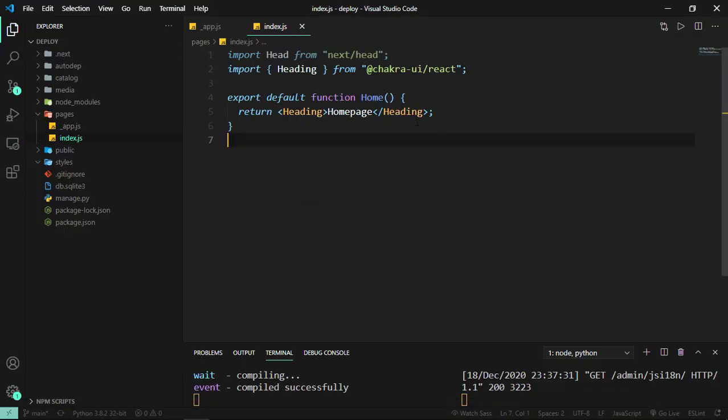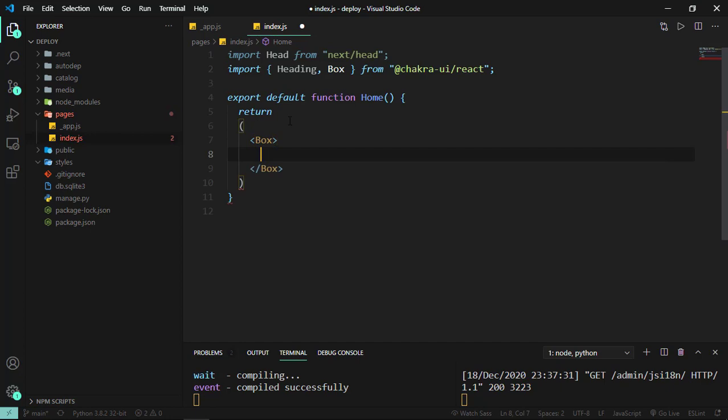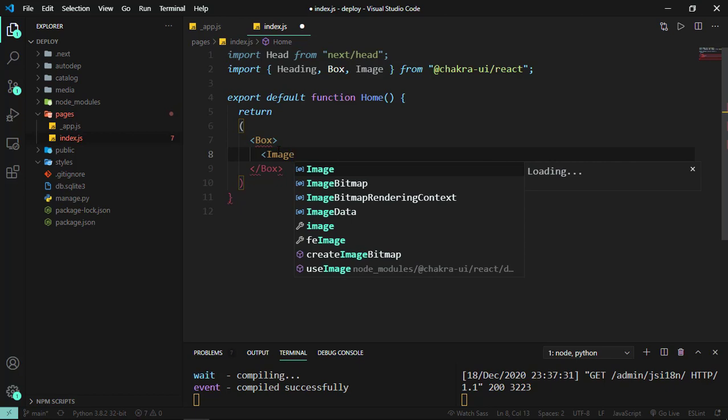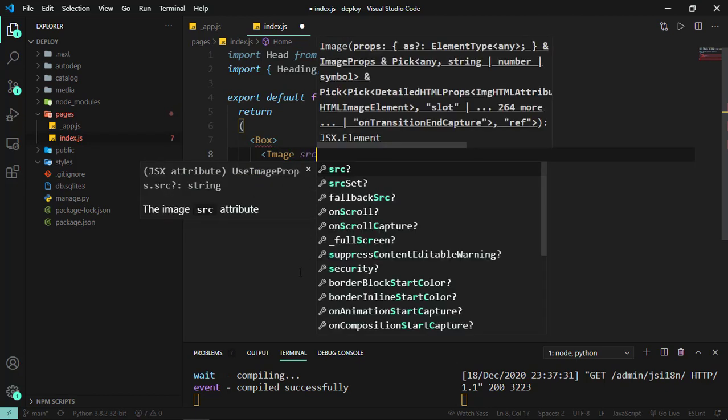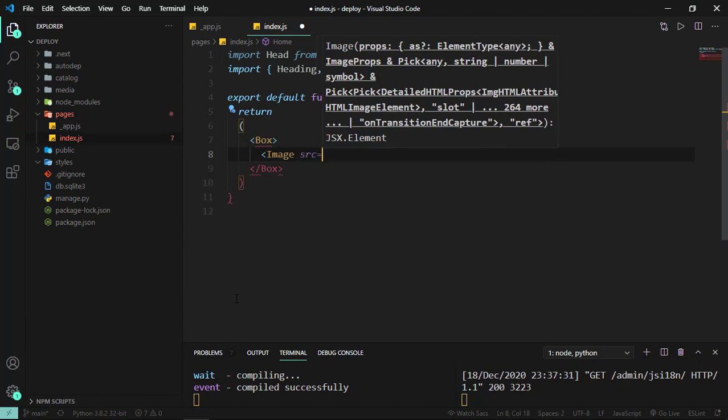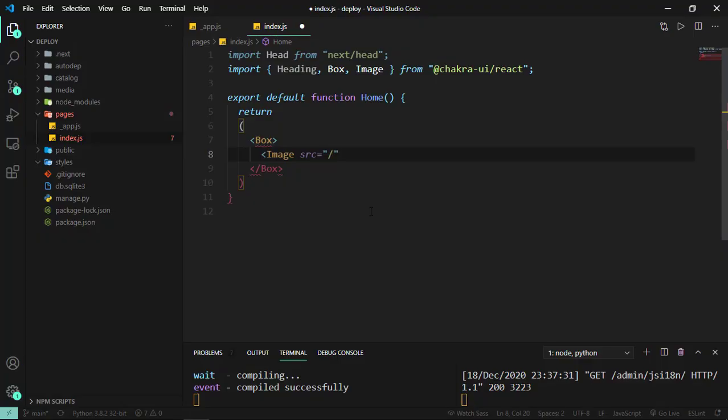Now inside our home view, we can import the box component from Chakra UI. The box component is essentially a div component. So we're going to start by importing the box component from Chakra UI, and we'll return the box component itself. And inside the box component, we can also use the image component from Chakra UI as well. Inside the box component, we'll have our image, and for the source, since we are using Next.js, we can just put the source as slash,